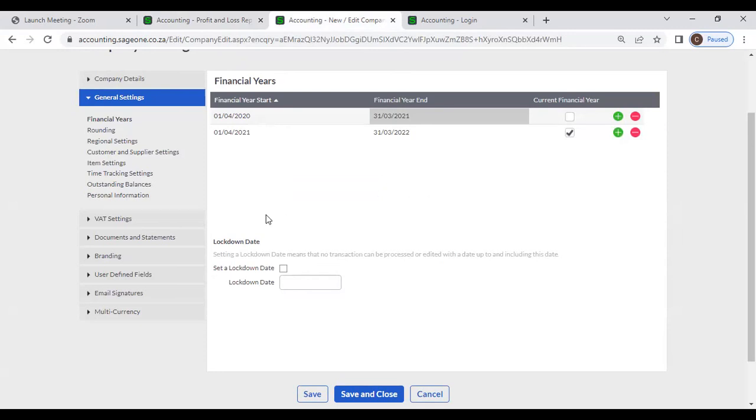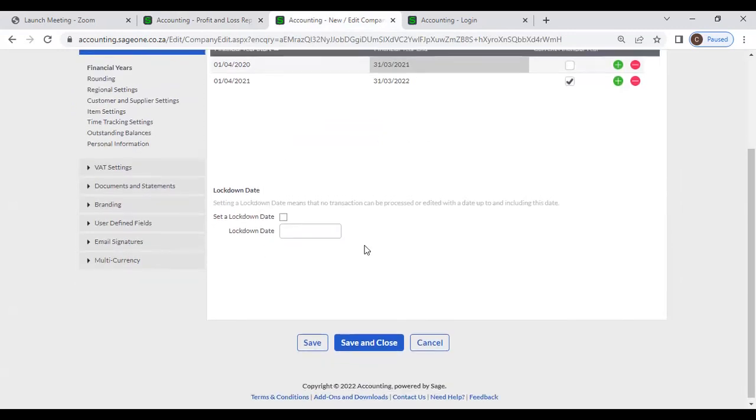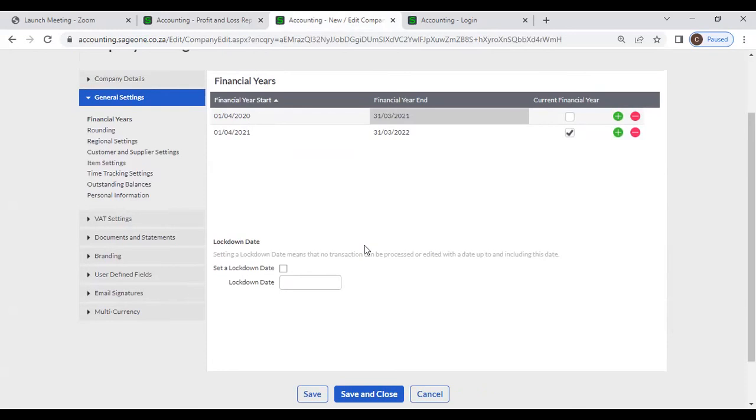Then when you are generating reports, the system will display that financial year's reports. Right. Next, lockdown date. Now, when your users enter transactions, sometimes by mistake they will enter a closed financial year's